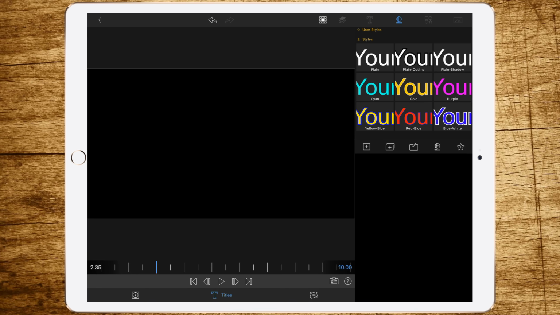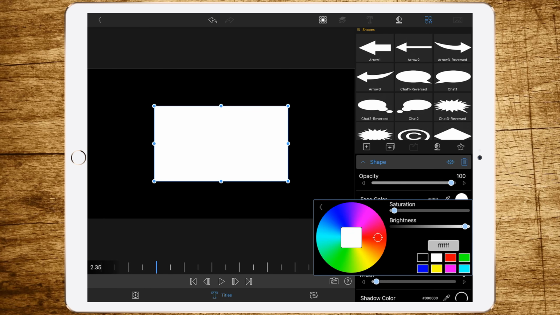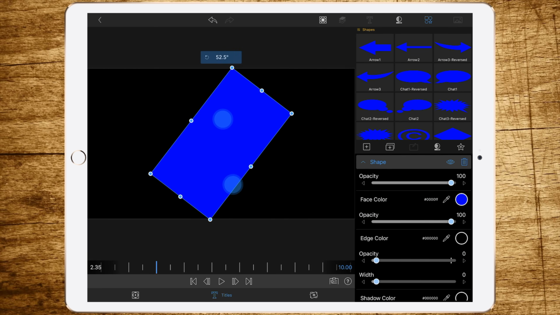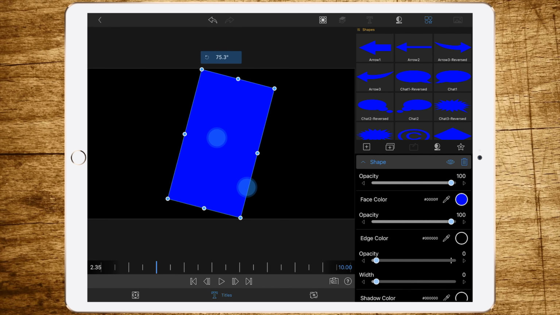What we are adding now is a shape, and we are changing the color to, let's choose blue. Then we are turning the blue shape to, I would do 75 degrees.